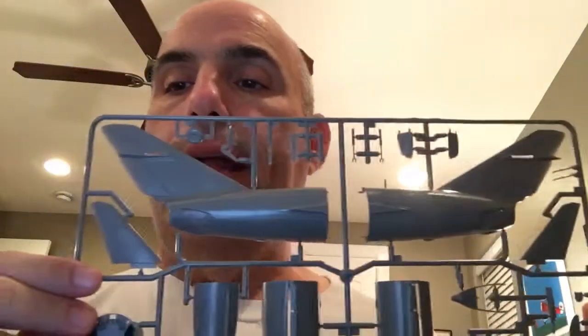Now, what I did, when you take the parts out of the box and you run your finger over them, you're going to sometimes notice a little oil sheen or oily residue on the parts, and that is the mold release agent. So you always want to wash your parts in a mild soap dish detergent, or you can also get